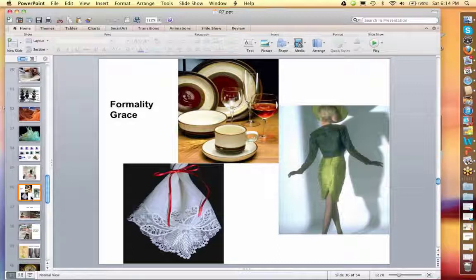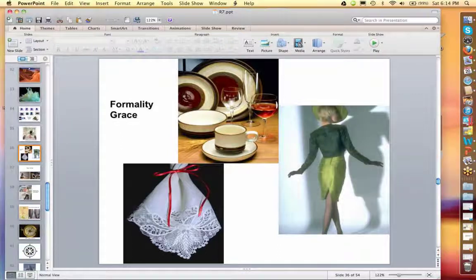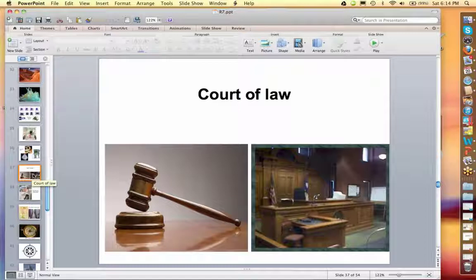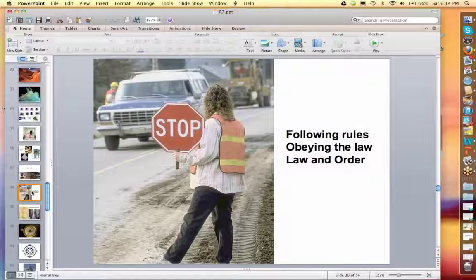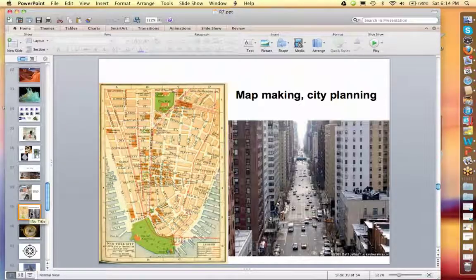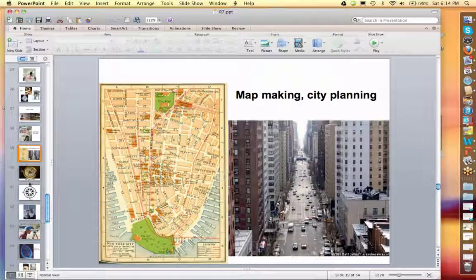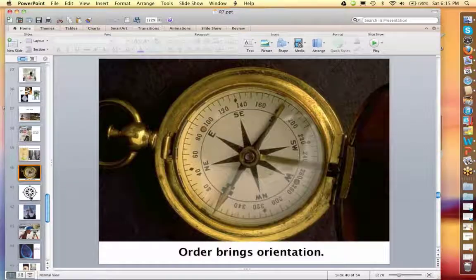Anyway, here you have formality, grace, entertaining, very Libran-like. And even though Libra doesn't convey the seventh ray, Uranus does, and Uranus is one of the rulers of Libra. It's the court of law, justice, and following rules, obeying the law and order. See the word order in law and order? City planning, orientation,